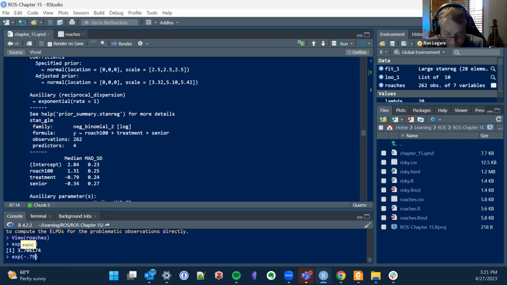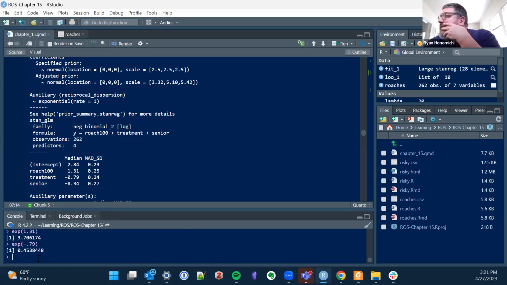So basically, I think what it means is the predictive difference of having had the treatment leads to a reduction of 45%, I think. Or no, 55%, but yeah, a reduction to 45% of what it was before. So it cuts them down by about half, which is pretty nice, right? And that seems to match if you look at your raw data.